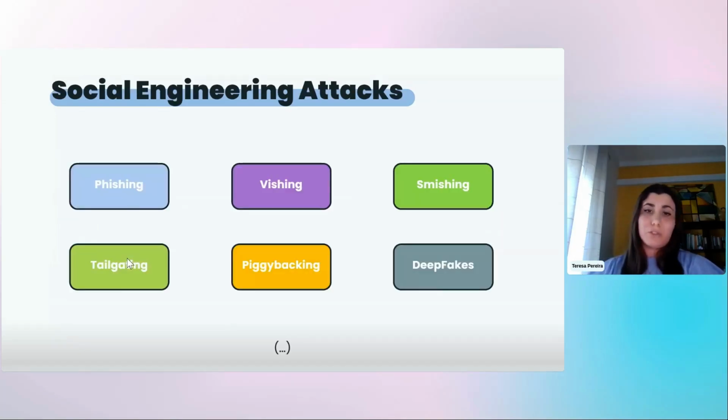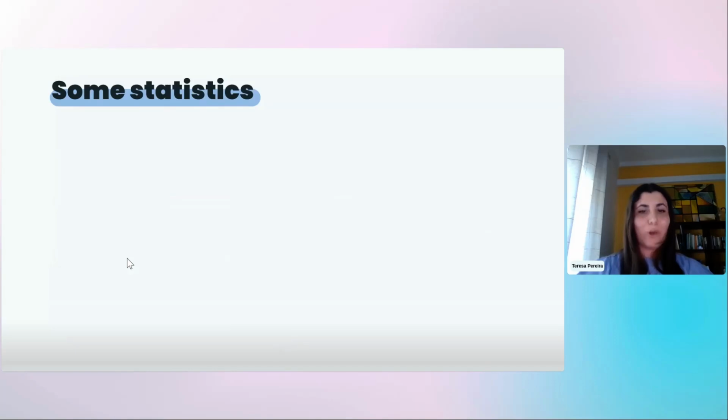And when you're talking about social engineering, it's like a big umbrella, right? It's phishing, which is the most popular, the most common. Then we have vishing, which is phishing over voice. We have smishing, which is phishing over SMS. Tailgating, where you follow someone very closely in order to gain access to a specific room or area. Piggybacking, where you manipulate someone into, I don't know, opening the door for you, for example, using their badge. And the latest acquisition, we have the deepfakes. And I promise I'll talk about